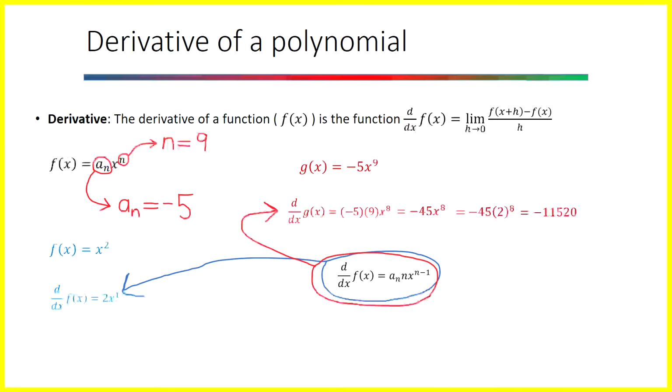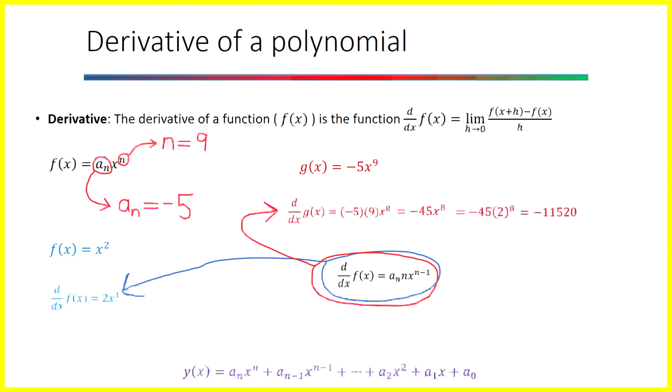We've got a nice, easy way to find the derivative of any function that is simply composed of a constant times x raised to an exponent. But remember that a polynomial can actually have many such terms added together. So how do we find the derivative of that function y of x when there are many of these terms added together? Well, to figure this out, we're going to need to talk about taking the derivative of the sum